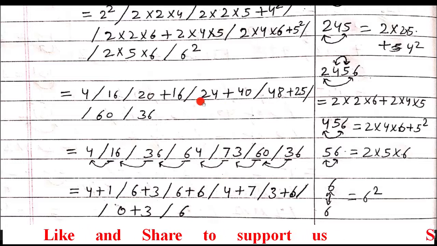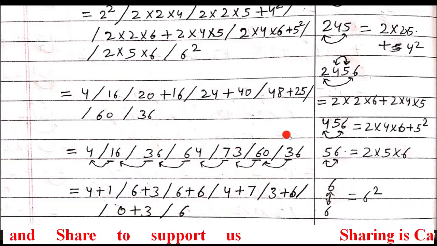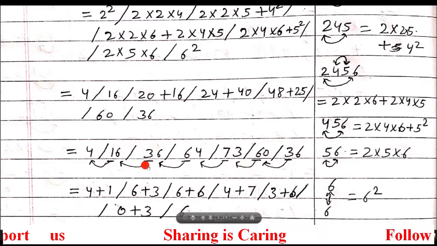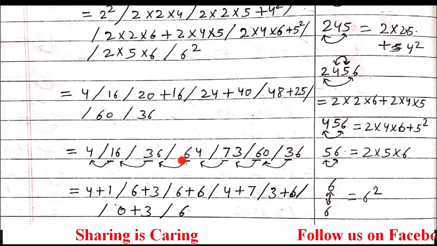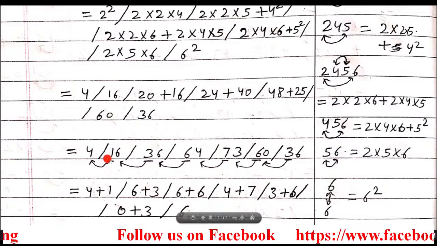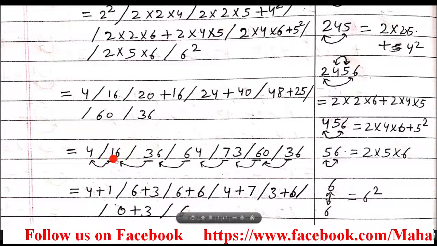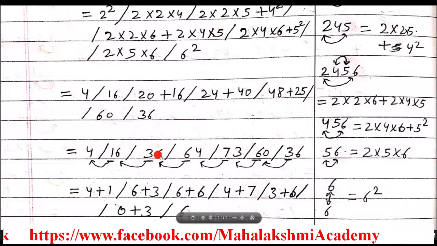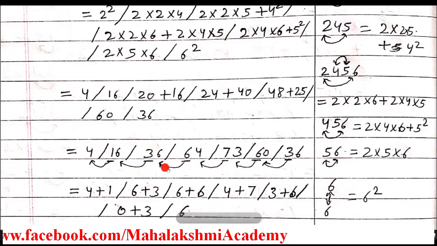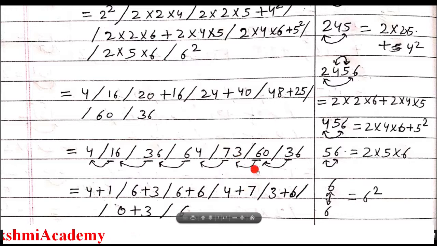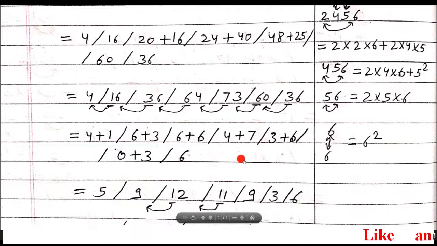After writing the multiplication and addition answers, you have to keep only one digit in each section except the first section. So you have to do the shifting this way. Put the arrows and mention which digit you are going to shift. So this 4 here. Now from here which number is shifting? 1. So with 4, 1 came. Now what remains here? 6. So write 6 as it is. Then 3 came here, that's why 3 here. Now what remains here? 6. Then an extra 6 came from the other section. So 6 plus 6. Now here 4 remains. Along with that 7 will come. Here 3 remains. Along with that 6 will come. Next 0 remains. Along with that 3 will come. And in the last 6 remains.